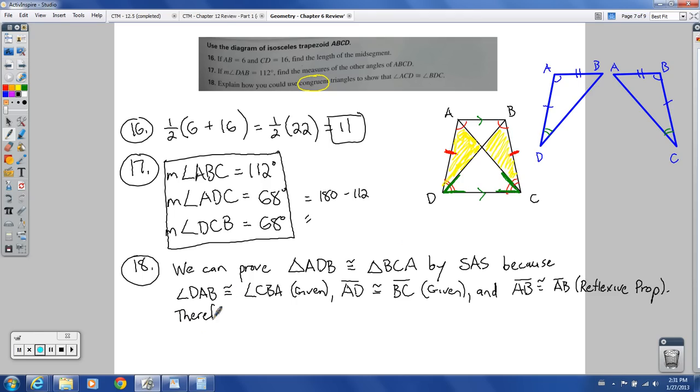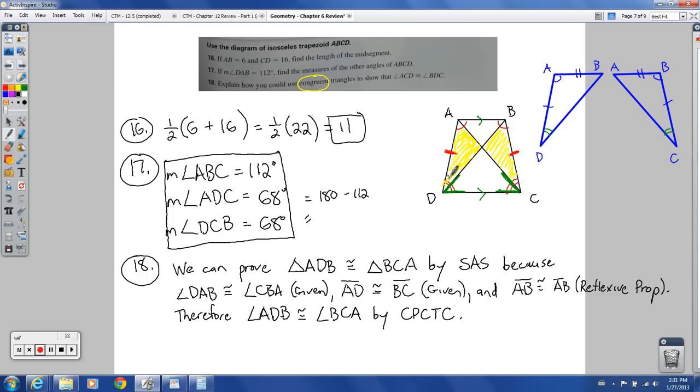Therefore, no, I don't want to say measure. I want to say angle ADB is congruent to BCA right there by corresponding parts of congruent triangles being congruent. CPCTC. And so if this angle right here is equal to this angle right here,